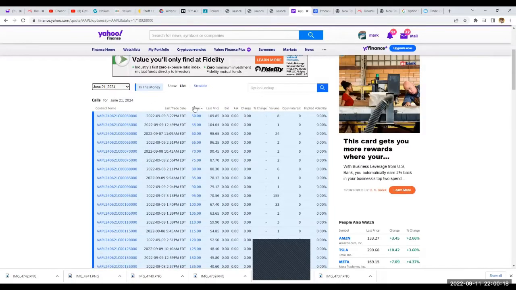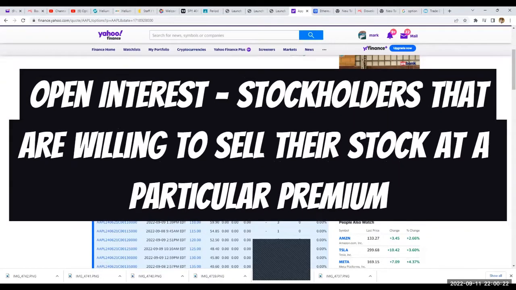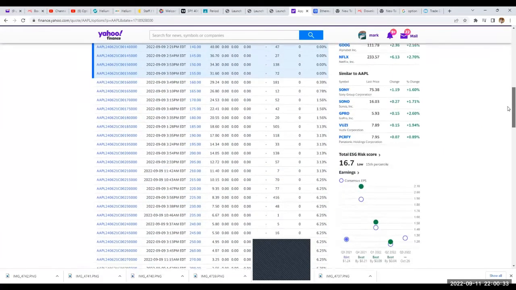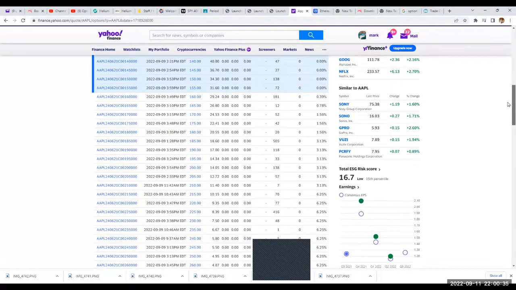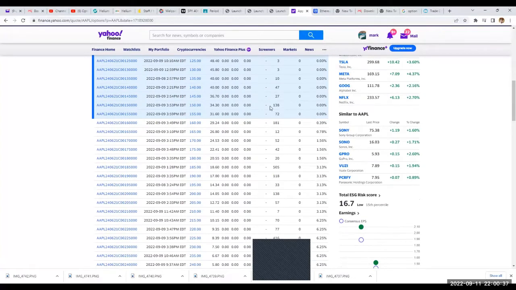So these are your strike prices, okay? And this is the volume of people that are actually selling them, okay? You have open interest and the volume of actually people that are buying those sorts of options. So we're going to drop down here and take a look at it. Now, there's some very confusing parts to this.